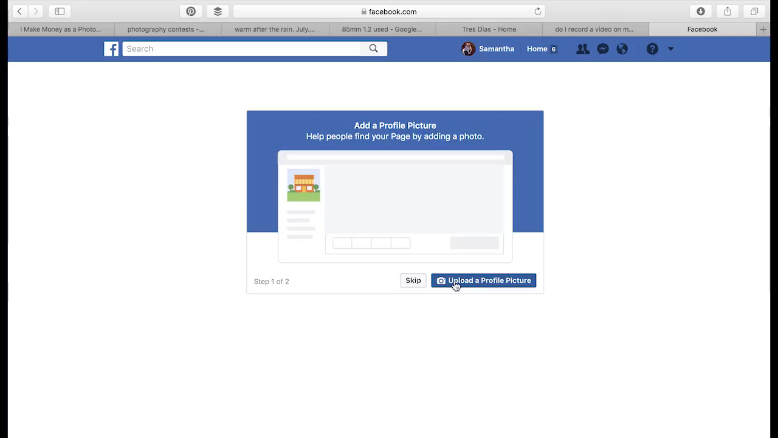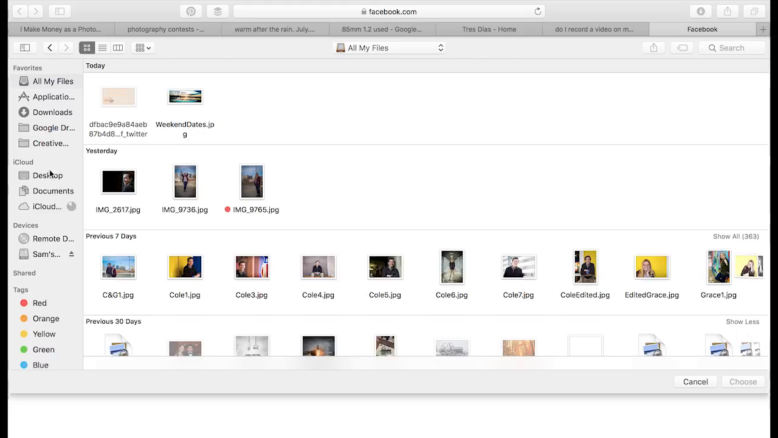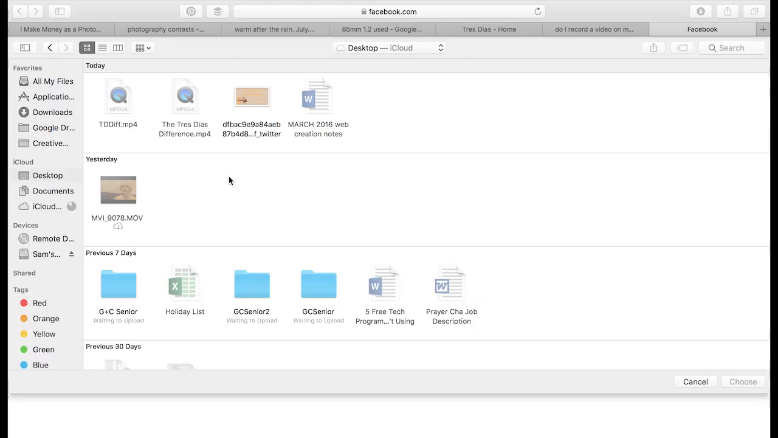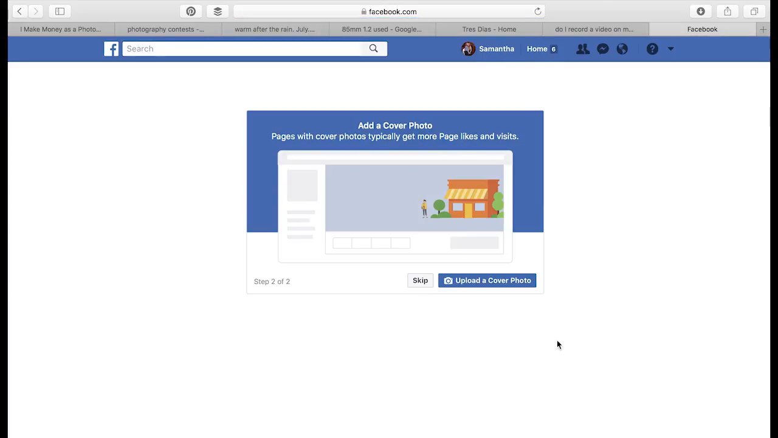If you already have a logo, go ahead and find that photo, put it on your desktop, and click Upload a Profile Photo, which is this blue button. Then you can quickly select that photo, click choose, and it'll add that photo. For right now, it's not essential to the establishment of your Facebook page, so we're going to just go ahead and click skip. Next, it's going to ask you to add a cover photo, and this is that big banner image